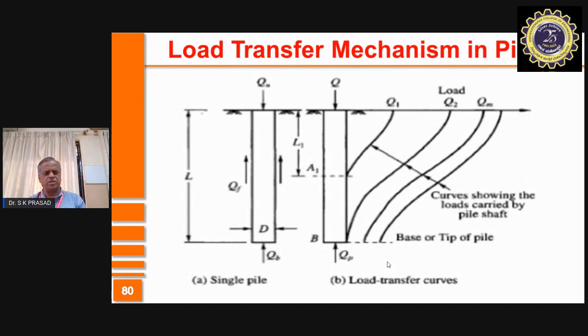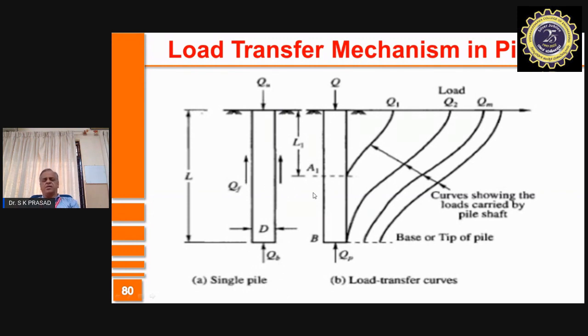So whenever a load is applied, initially the load is taken by the top surface and gradually it is influenced, it is taken till the bottom. Usually the load resisted at the top is much more compared to at the bottom, and slowly the load is also transferred to the base. This is how the load transfer takes place, especially the skin friction